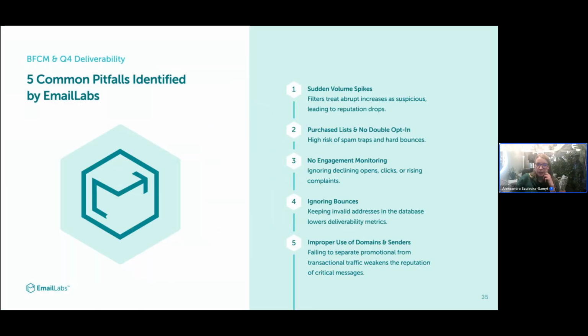And at the end, we have 5 common pitfalls, maybe not mistakes, that we identified while seeing our customers' sender behavior. Number one, this was my idea, sudden volume spikes, because we see in our support team a lot of problems caused by sudden increases of volume by our customers, the senders. It almost always ends with limitations from the email provider, with deferrals, with bounces. So it is important to increase volume wisely and over time, not suddenly.